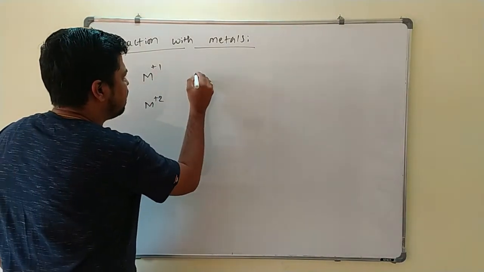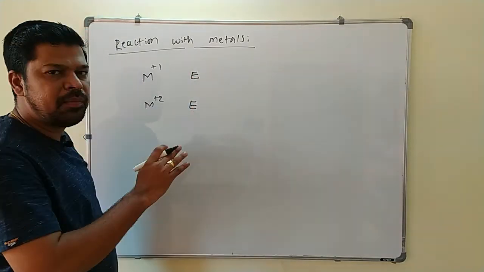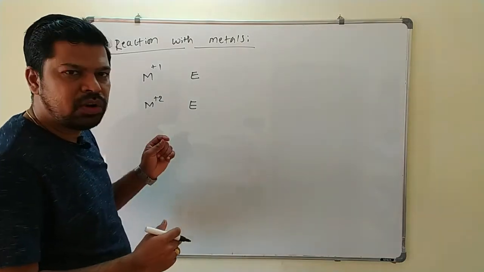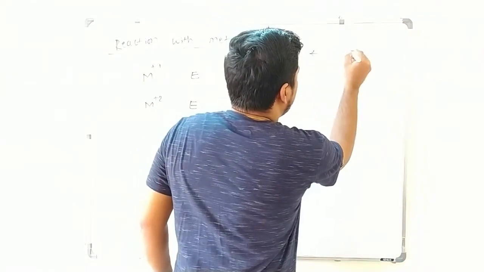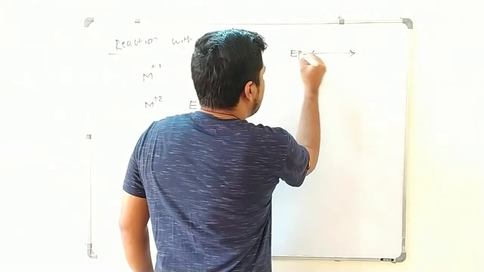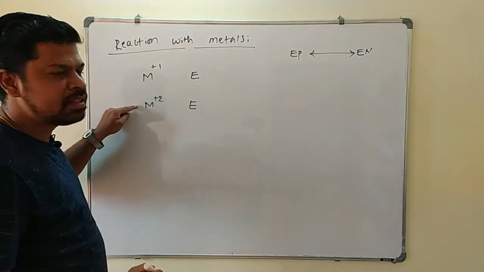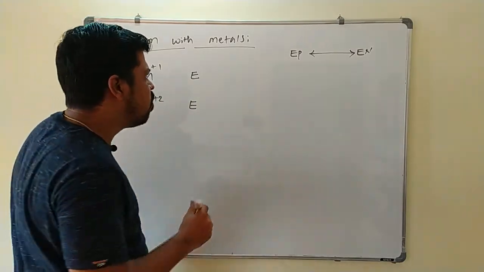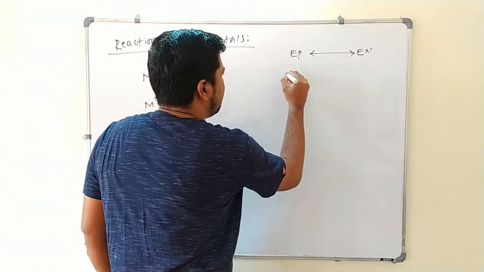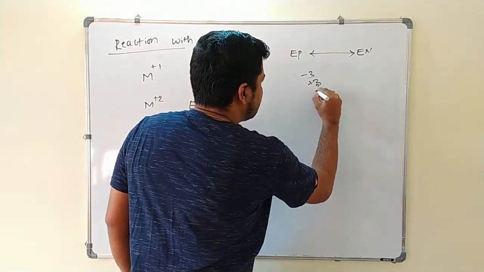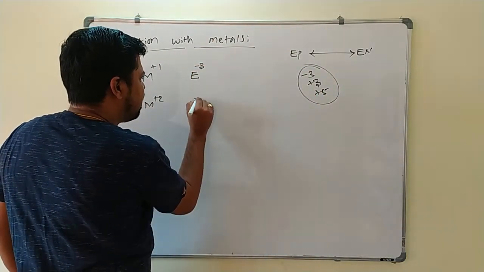Now if I react this with a group 15 element, I will take it as E. Group 15 elements are on the right hand side, they are electronegative, and these metals are on the left hand side, they are electropositive. Already in the periodic table we know that a left side element is electropositive and a right side element is electronegative. So these metals show a positive oxidation state, which means group 15 elements will show a negative oxidation state. The common oxidation states of group 15 elements are -3, +3 and +5. Here you have to take the negative oxidation state.